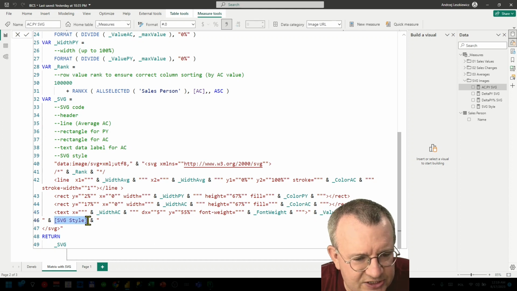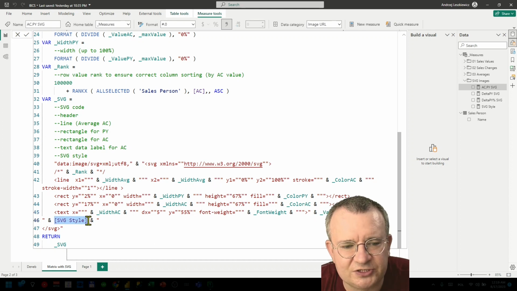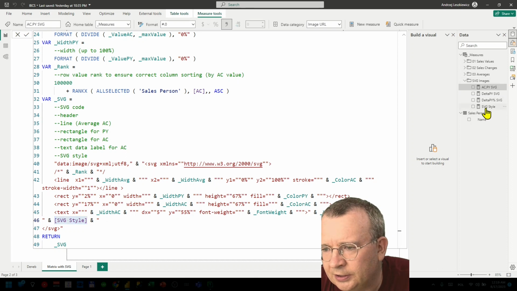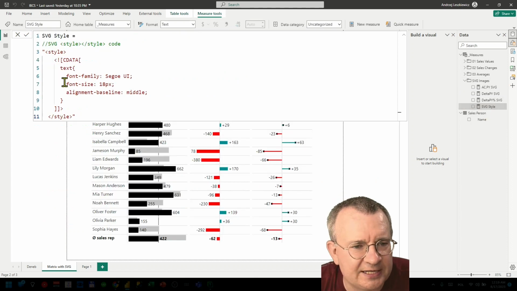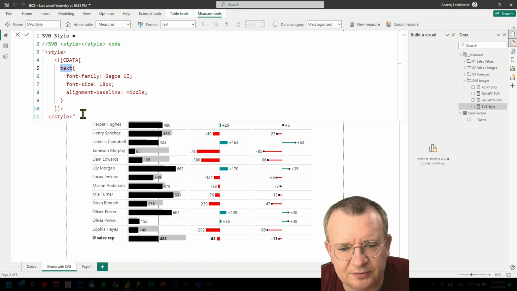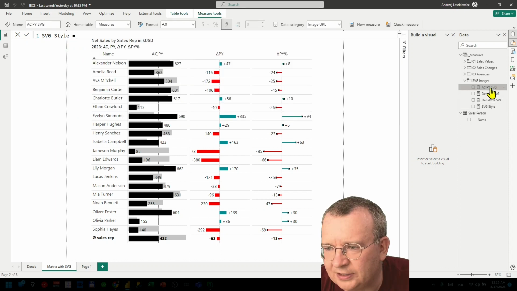And the SVG style part of the SVG code is another measure that contains just a style which is common for all SVG images in the visualization. It's a font family, font size, and alignment baseline for all data labels or for all text elements of the SVG images. Let me go back to the